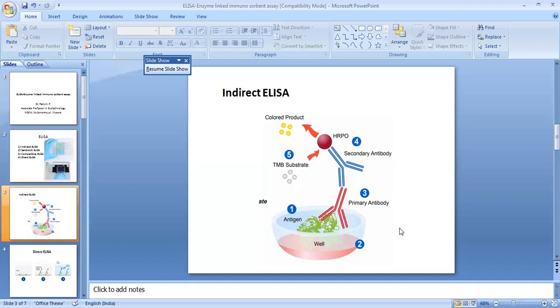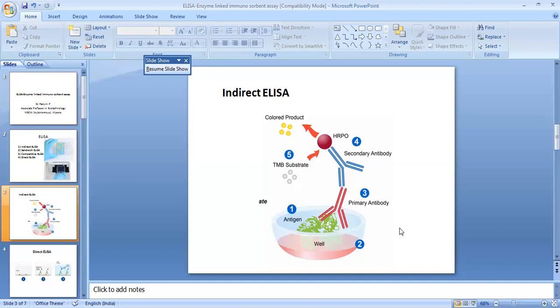So here you are assessing the concentration of the antigen indirectly by the color developed by the secondary antibody, which is tagged with the enzyme. Hence it is called indirect ELISA. Here you are using a primary antibody, which is specific to the antigen, and it may be raised in rabbit, mice, or the horse, and this primary antibody and antigen complex will be